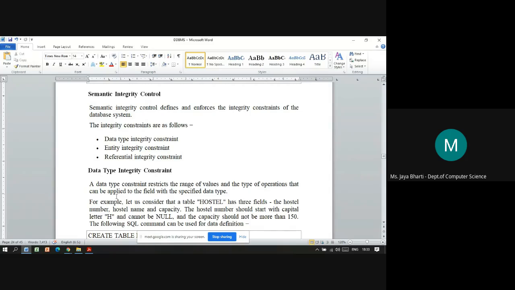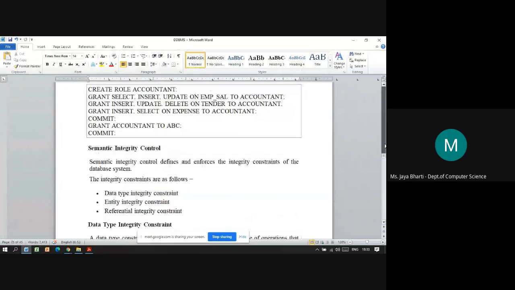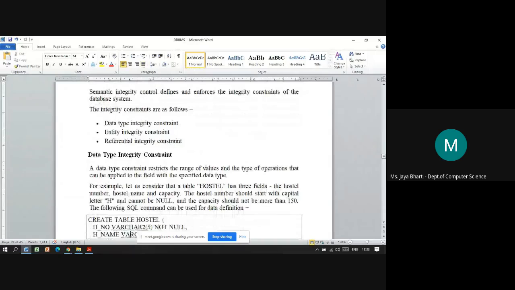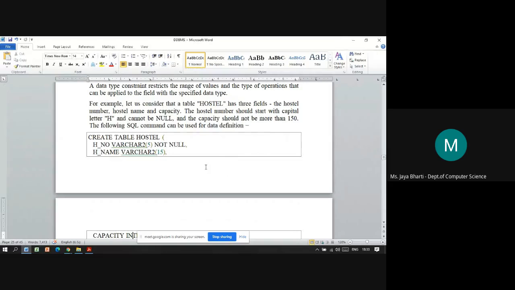Data type integrity constraints are basically the rules or constraints which we put while assigning the data type to a particular variable or column. Whatever constraints are assigned on that data type will be applicable to that particular column. The data type constraint restricts the range of values and type of operations that can be applied to the field with the specified data type.